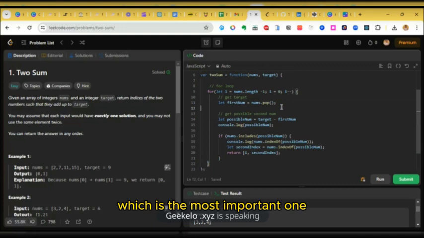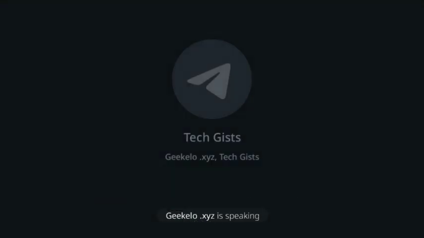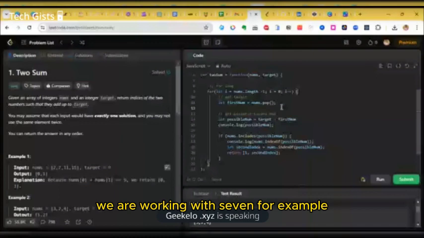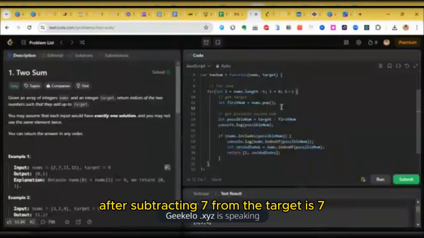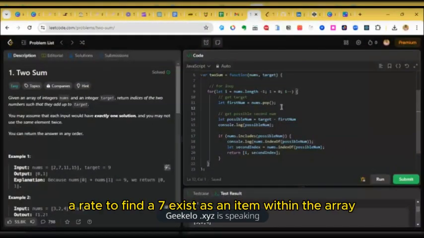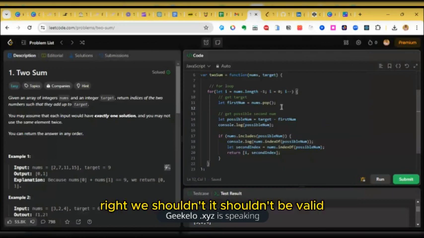And then secondly, which is the most important one, we will not have this error of recounting a previous or current instance of an item again, especially when that item is the same number as the remainder. So if we are working with 7, for example, and the remainder after subtracting 7 from the target is 7, when we look through the array to find if 7 exists as an item within the array, it shouldn't be valid, it shouldn't be true, it shouldn't be there anymore,